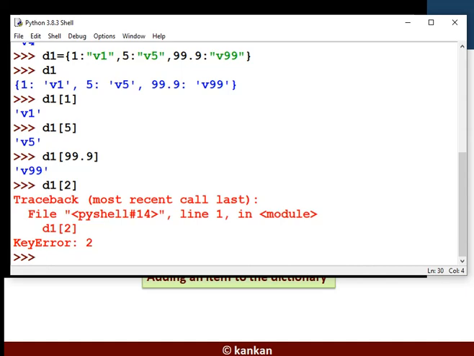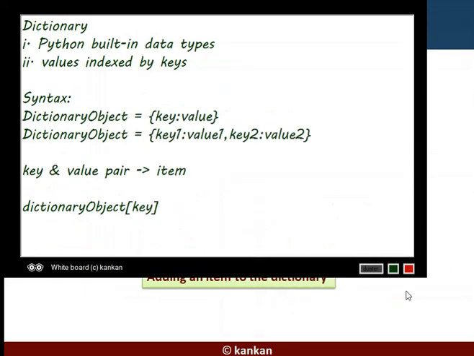Next, we will delete an item from the dictionary.